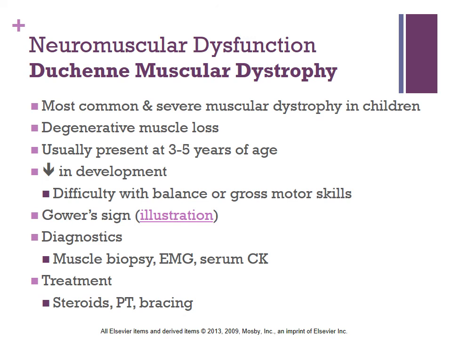Okay, and last but not least, we have Duchenne muscular dystrophy, and it's actually the most common and severe muscular dystrophy in children. It's an X-linked recessive disease, so it's going to affect males pretty much exclusively, because girls are XX, boys are XY. So a girl has to get an X from both the father and the mother. They're either going to be unaffected, or the daughter will get the X from the mom that is affected, so she'll just be a carrier.